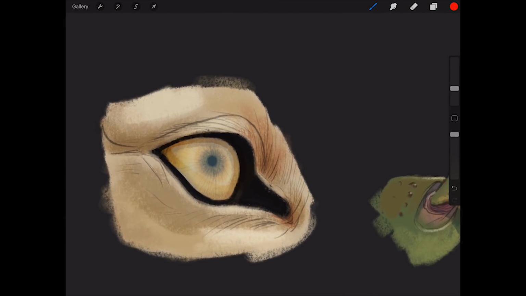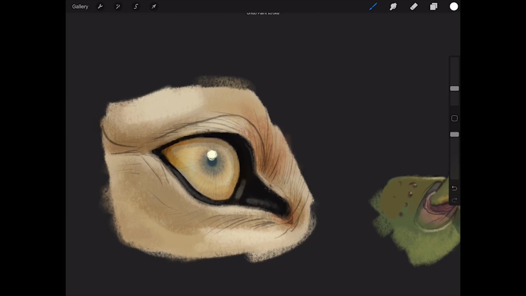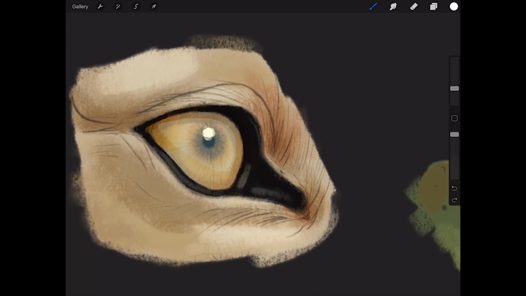So the lion eye, I put one bright highlight in the center. I'm imagining that the light that's being reflected is the sun. So you can see, as you could tell, I'll compare it to pure white. It has a little bit of a yellowish tinge to it, right? Because the sun is being reflected. Okay? And then also, along this edge and this edge and this edge is just a little bit of light,